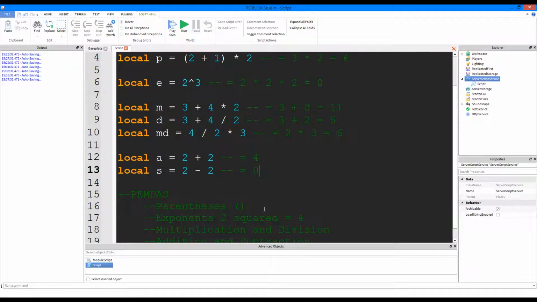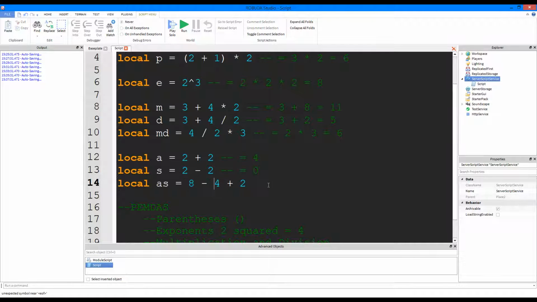Down here, addition and subtraction again follow the same rules as multiplication and division. They are on the same level as each other, but you have to go left to right. So if you had a problem in addition and subtraction, it's not really easy to show because addition and subtraction really doesn't matter as much, but just for keeping things simple, whichever one of addition and subtraction is to the left, you do that part first, and then you do the next part. So if we had local AS equals 8 minus 4 plus 2,